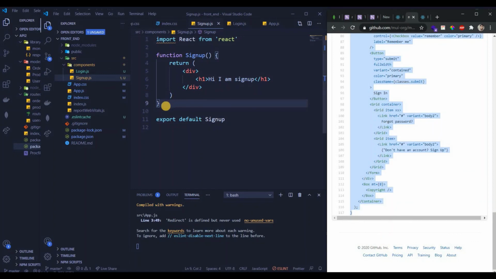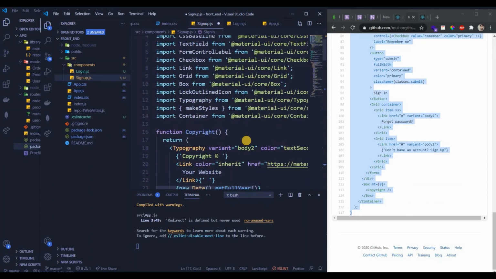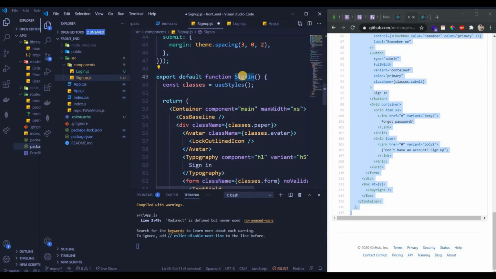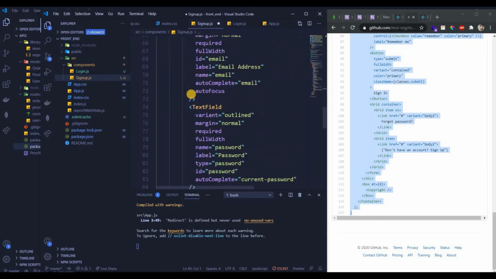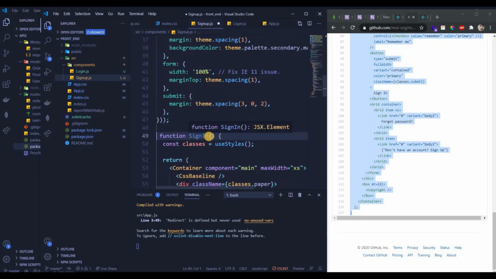It doesn't have that export function, so let's go ahead and see if this works. Function copyright is there. Sign, so we have this function sign up, so this should be signup, right?